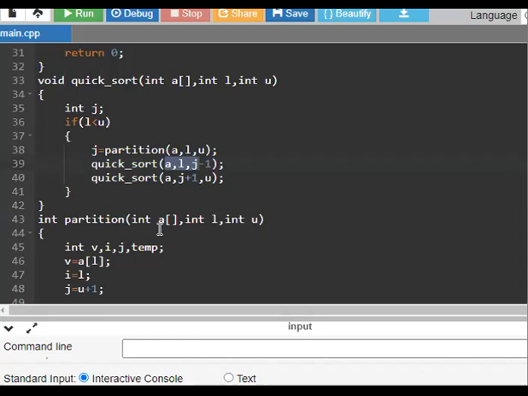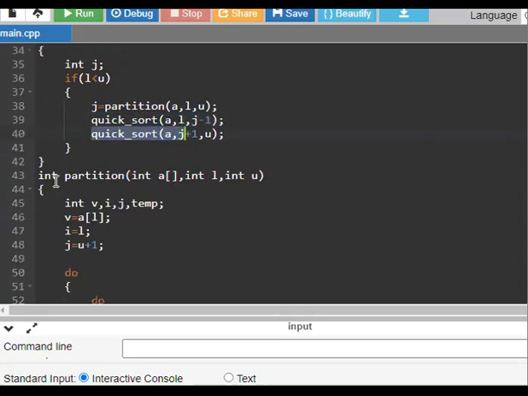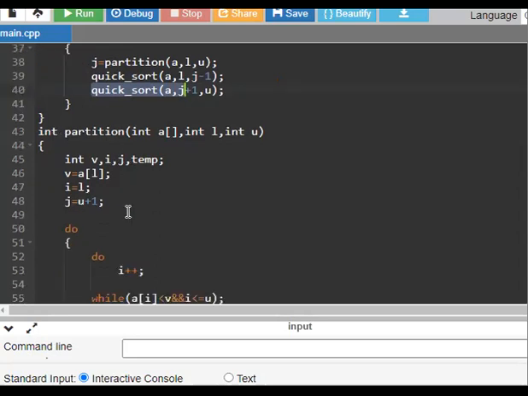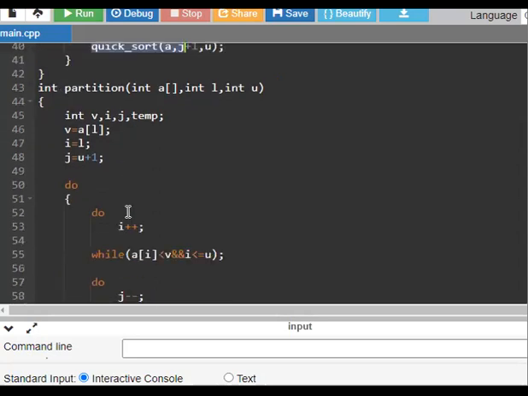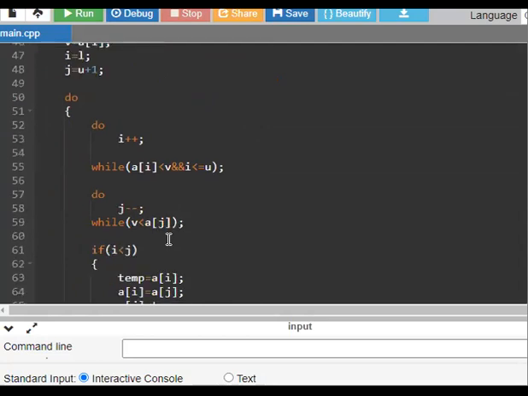For the recursion phase, we call the quicksort function on the left partition sublist and the quicksort function on the right partition sublist. For the division phase, we define the function to divide the array list into two halves, finding the pivot point to perform the partition, with sorting happening in place in the partition process.